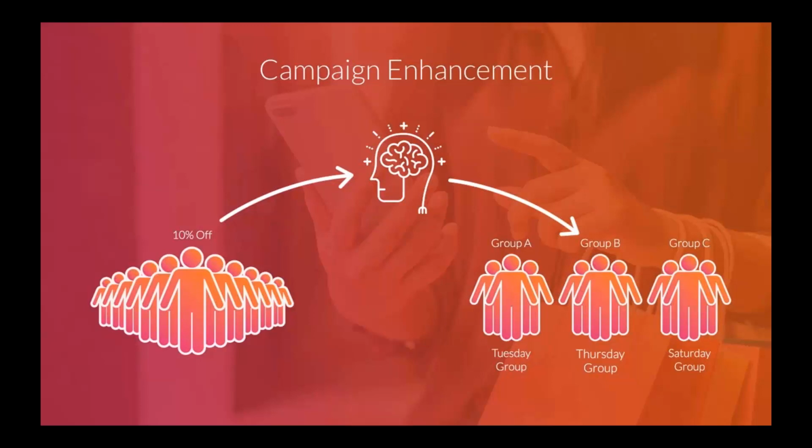You're going to rerun this exact campaign again, but this time you can allow Pinky to decide when best to send each shopper the promotion based on their reaction to the original. So Pinky will send each shopper the promotion when they're most likely to use it, increasing conversions through convenience. At the close of your first year, you'll be able to choose to enhance each marketing campaign using this artificial intelligence.